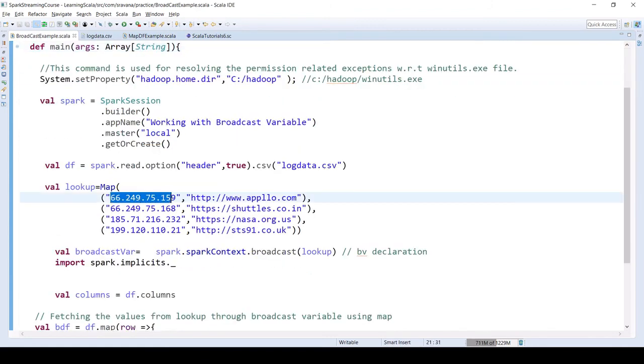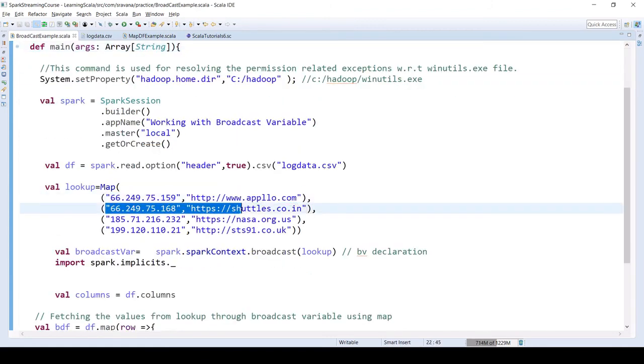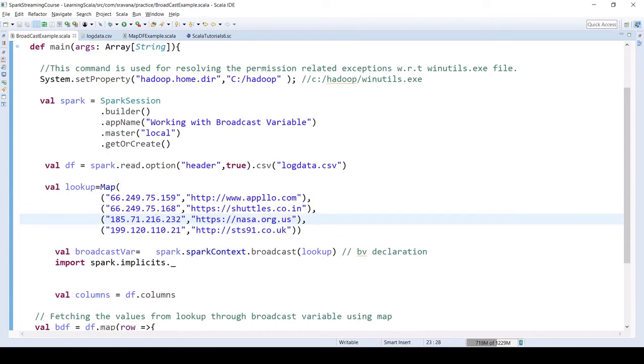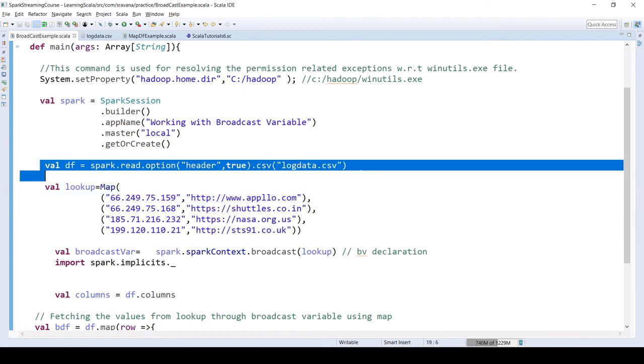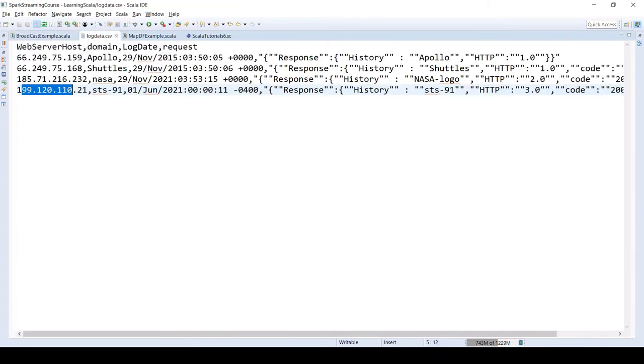See, if this is the host, this is the HTTP that they want. So you will have a small map or lookup table. So here if you see, the map is created, the key is the host, value is the URL. So you will create a lookup like that, and already you will have a data frame with this log data.csv, which has all these details.